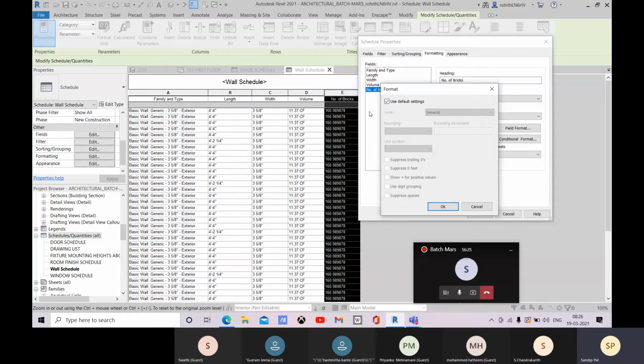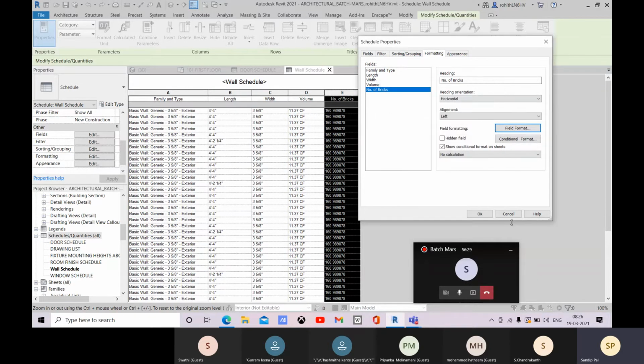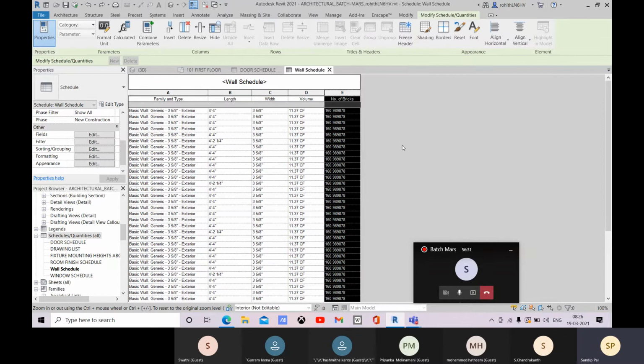That is the same thing which I have just shown you. So there you can round it up. You just need to know the formula. You can create your own field there, like if you want to calculate the plaster quantity or the cement quantity, you can easily put the formula and have it. All right.